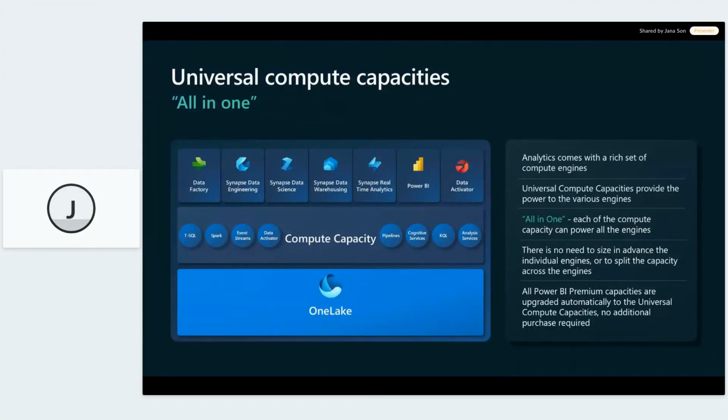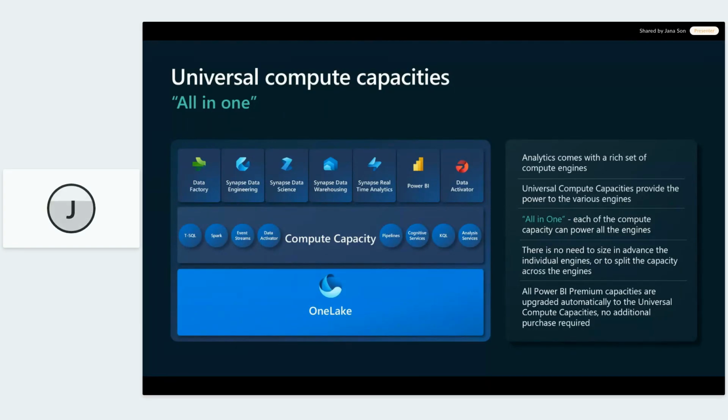one of the biggest game changers here is that Microsoft introduced the concept of universal compute capacities. So you can picture it like a virtual machine in terms of it being a shared resource, but it's obviously not a virtual machine. It's a versatile compute resource.